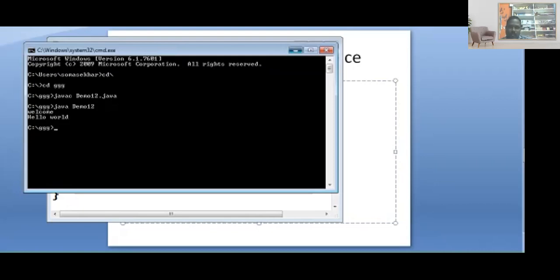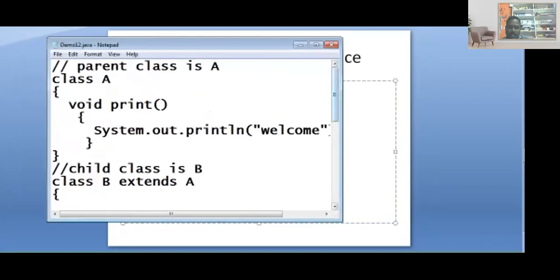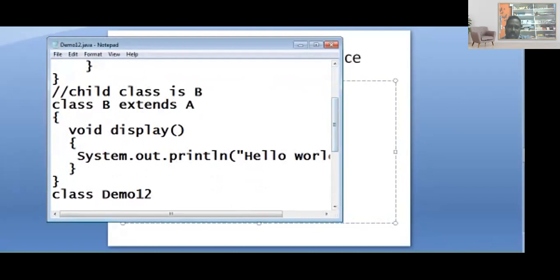See here. So where can we see the welcome? Class A contains the print method having welcome. Class B extends class A, having one more method, the display method. In this I used hello world.